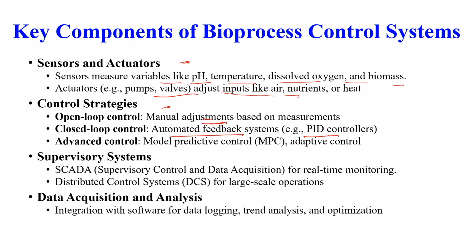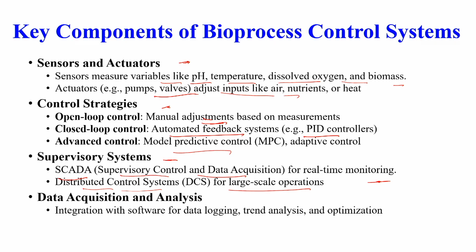You can have different types of controllers which work based on the difference between set point and measured variable. Now we can have advanced control, such as model predictive control systems or adaptive control systems. Further, there are supervisory systems like SCADA, which is known as supervisory control and data acquisition, for real time monitoring, or DCS, distributed control system, for large